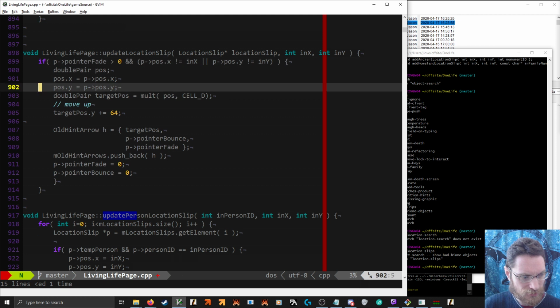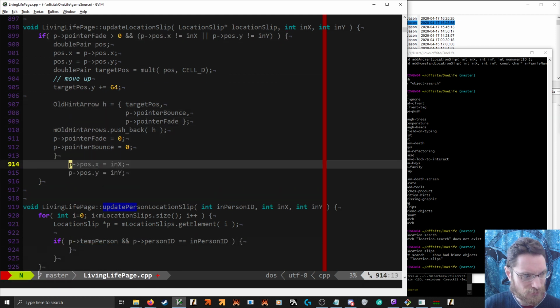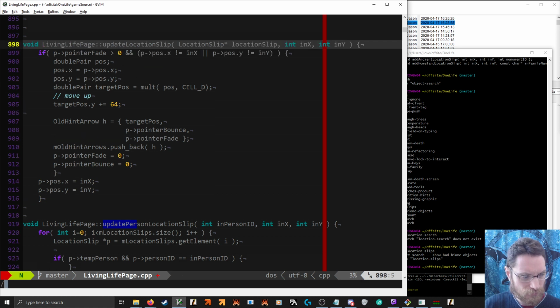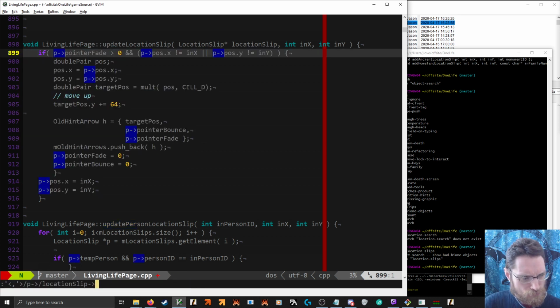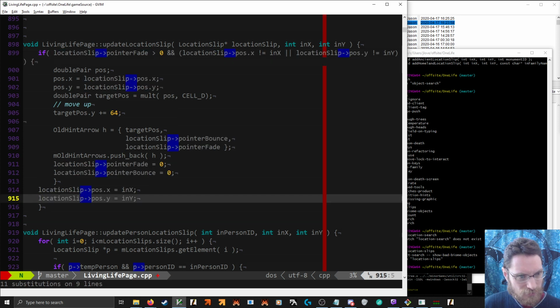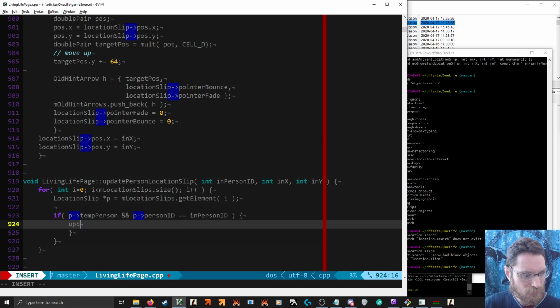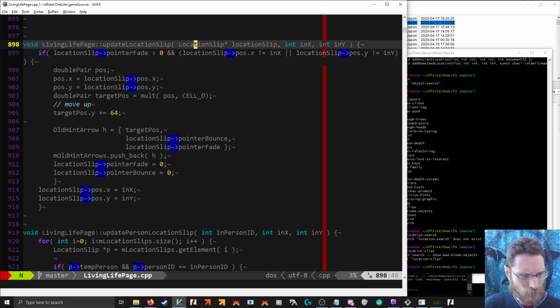Need to change the name back. Oh, location slip is a P. Fortunately, that only really operates on